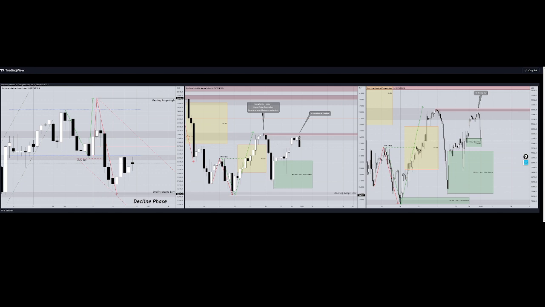As it comes back and touches the first touch of the supply zone on the 4 hour, we have this bearish engulfing bar form, and dropping down into the 1 hour to get more accurate, we have an evening star which forms also a bearish pin bar at the very height of that